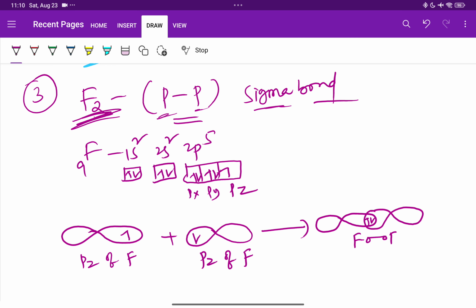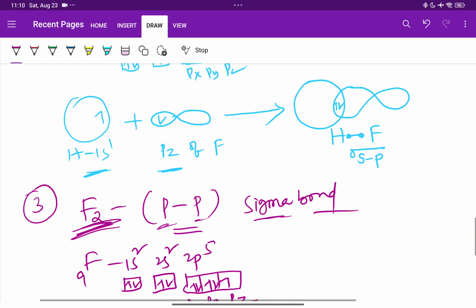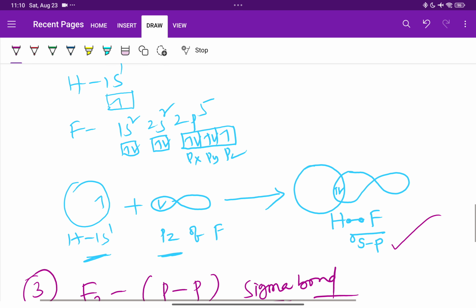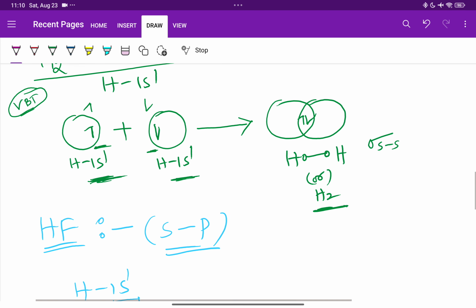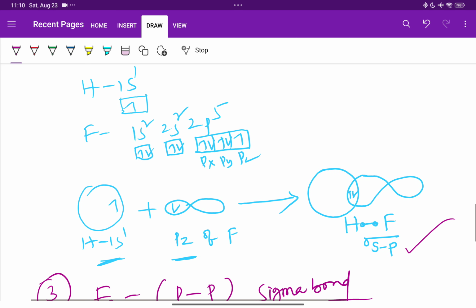This is the end-end overlapping in between the p orbitals of two fluorines. Then this is called sigma pp overlapping. So finally, a sigma bond is formed by pp orbitals overlapping, sp orbitals overlapping, and ss orbitals overlapping. And you need to remember here